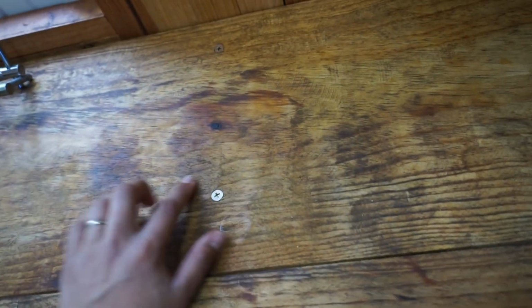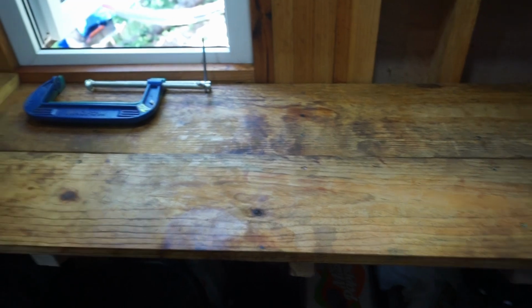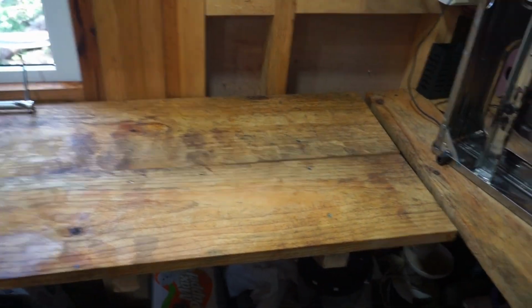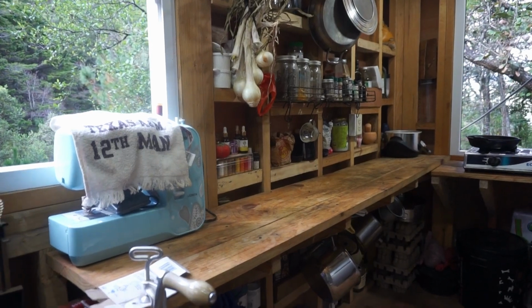I don't know if we have footage of this, but this is the pine boards that we cleaned, and we put linseed oil on them. And there we go. Thank you. So this is the final look